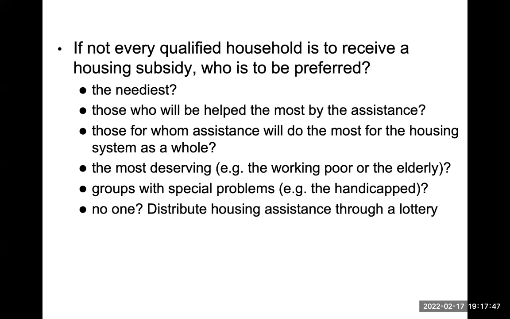And perhaps distribute housing assistance through a lottery. So this is by luckiness. So that is, we say, a preferring group. There are many terms or differences for this. Well, if we try to give this a point, then we can try to make sure that it becomes more efficient.